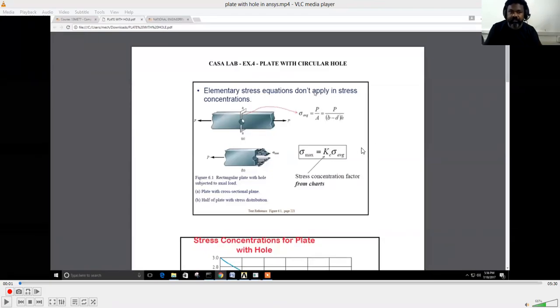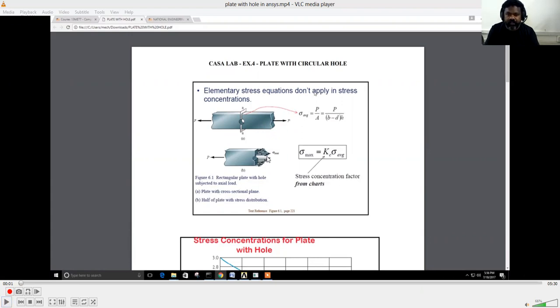Good morning. The same exercise number 4. Let us find out the stress concentration factor. It's a very small video clip prepared by my friend. I'm just sharing how to apply load by using nodes. In the previous session I showed you how to apply stress at the right hand edge and how to find the maximum stress. It's just a glimpse of applying load and finding the maximum stress in the given condition.